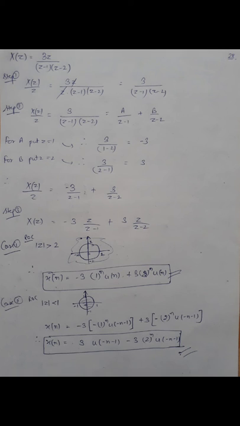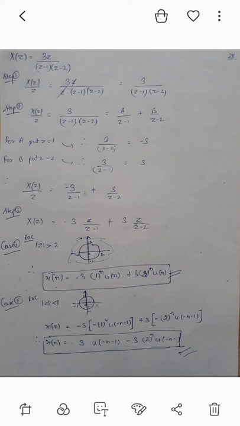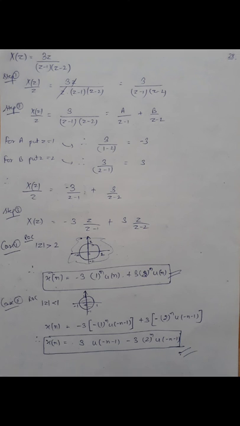Second step is partial fraction. So X(z) by z is equal to A upon z minus 1 plus B upon z minus 2. To find the value of A, put z equal to 1, and to find the value of B, put z equal to 2. In the complete X(z) by z form, when we are trying to find the value of A, put z equal to 1. So 3 upon 1 minus 2. Don't put z equal to 1 in z minus 1, because it will become 0 and something by 0 will become infinity. So the value of A is minus 3, and for the value of B, put z equal to 2, so we get B equal to 3. So X(z) by z is equal to minus 3 upon z minus 1 plus 3 upon z minus 2.